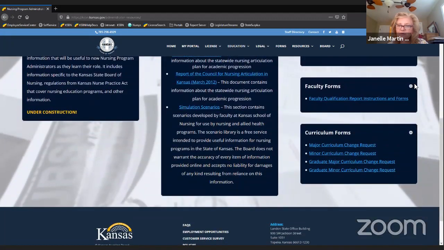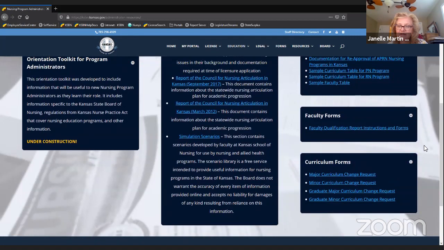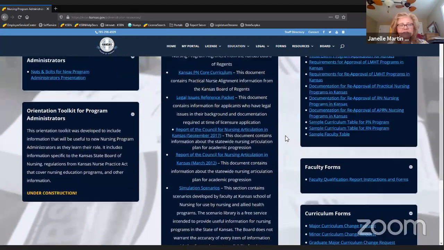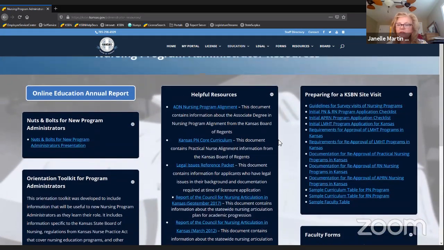Your faculty forms, we're going to talk more about that in detail, but we'll come back to that being our new online process. And then the major and minor curriculum change request forms are on here as well. What I will tell you about those is that a lot of times I get requests on the curriculum forms. They're in a PDF.